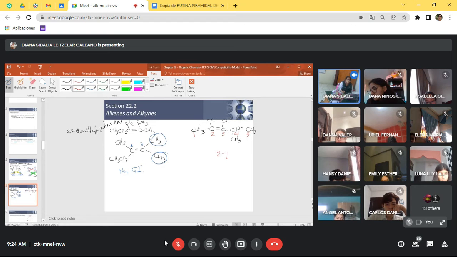Sería 2-pentene. Substituents 1, 2, 3. Entonces, este metil